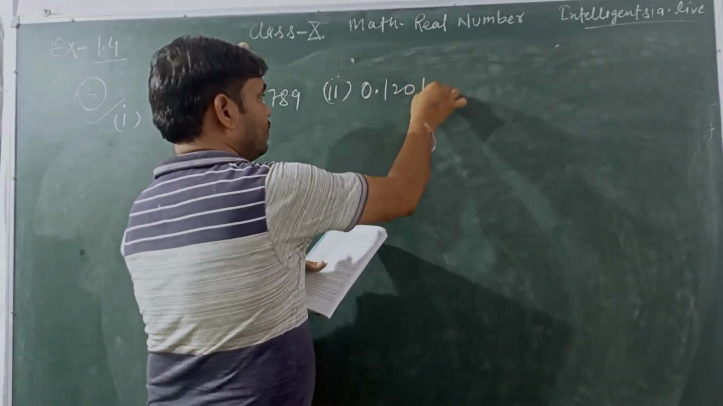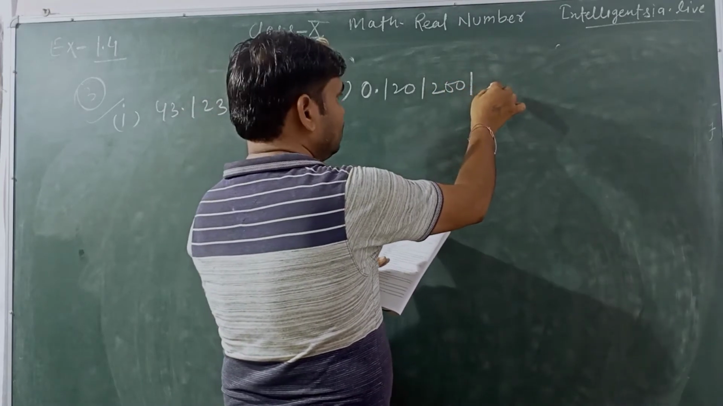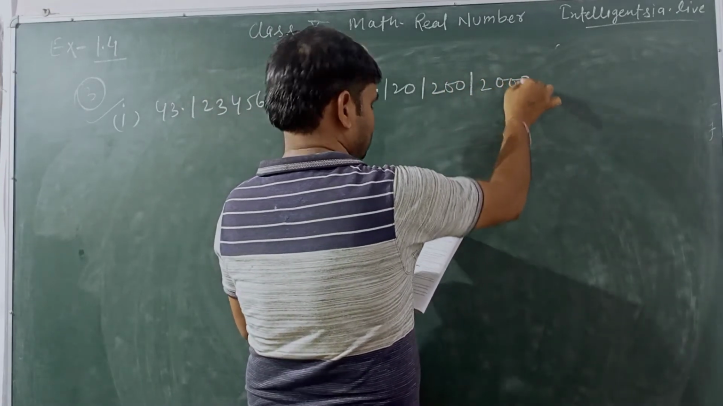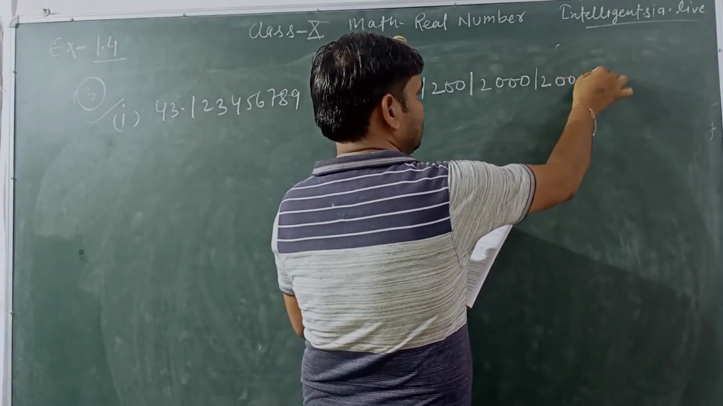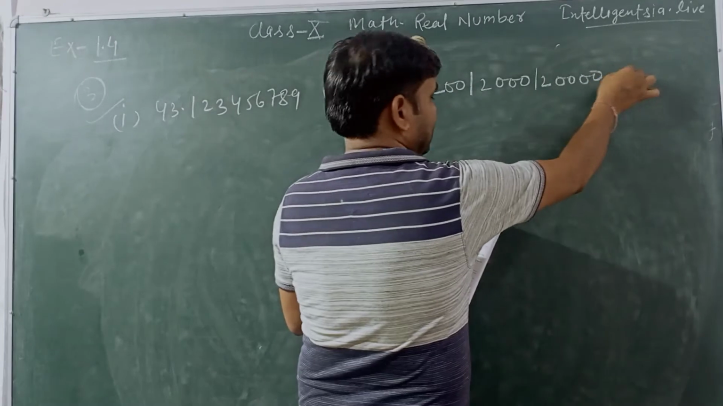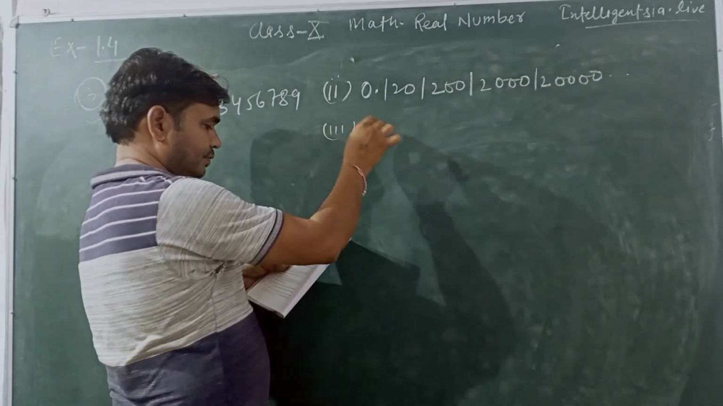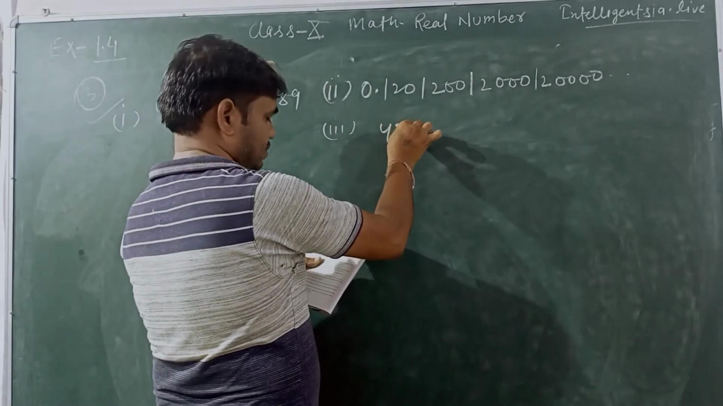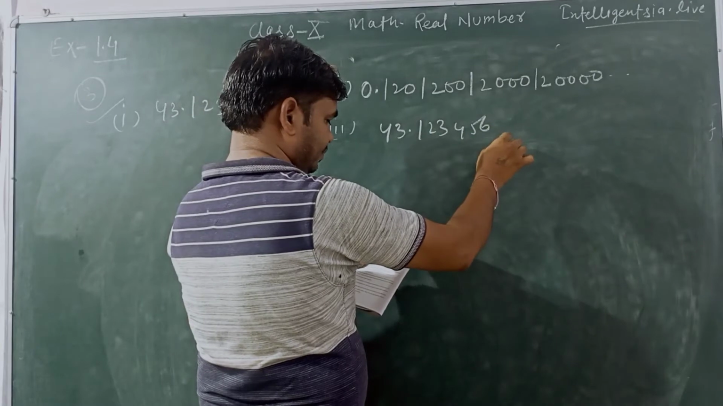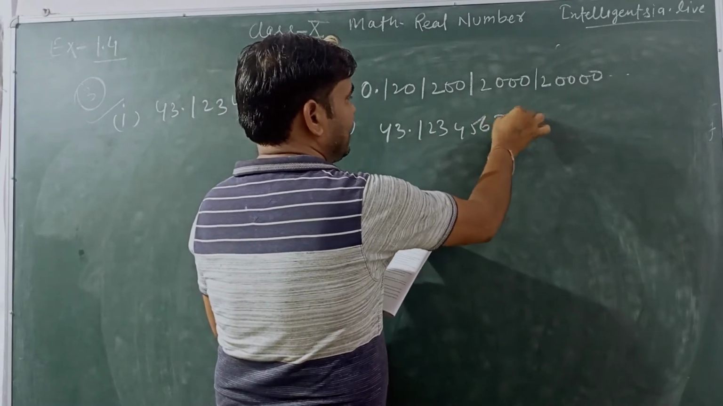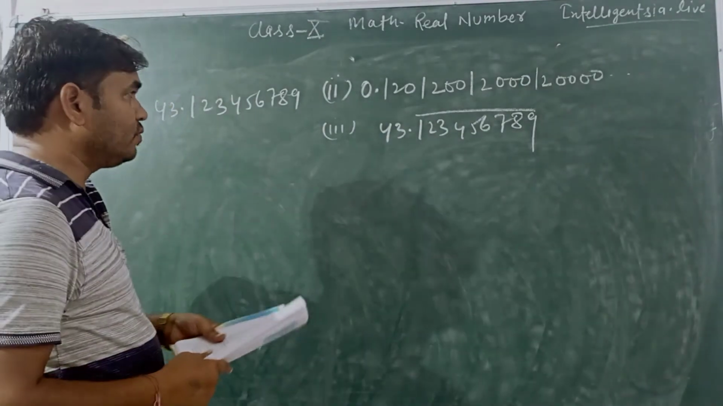0.120120012000120000, and so on. And the third part is 43.123456789 with a bar over the digits. So here, students,